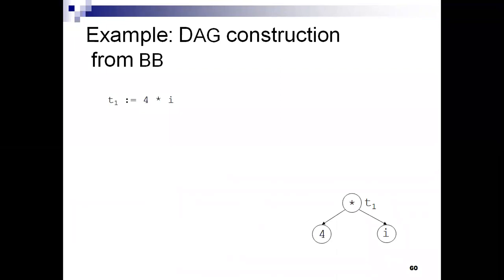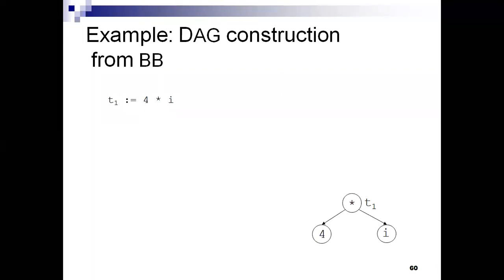And here we have an example for the construction of DAGs for basic blocks. This is step number 1 I am performing here in local optimization. Initially I take the input as a basic block, BB. The second step is to construct the DAG. Then the third step is to apply the transformations. Optimizations can be done at last, right?